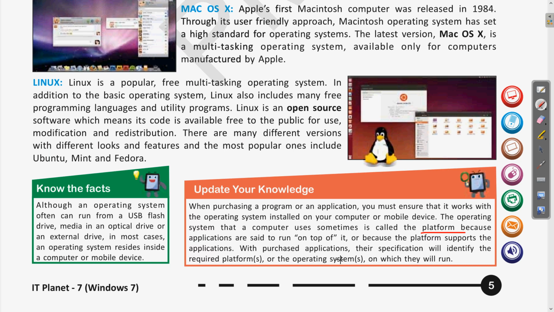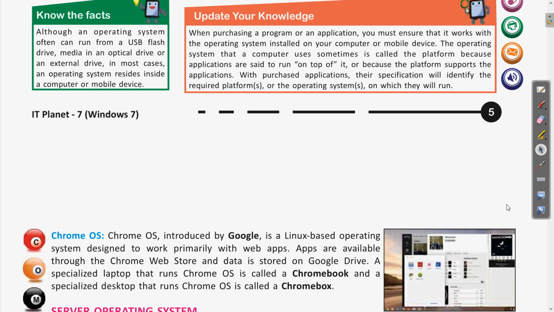So with purchased applications, their specifications will identify the required platform or operating system on which they will run. So whenever we purchase any application software, we should first ensure that it is supported by the operating system installed on the computer.